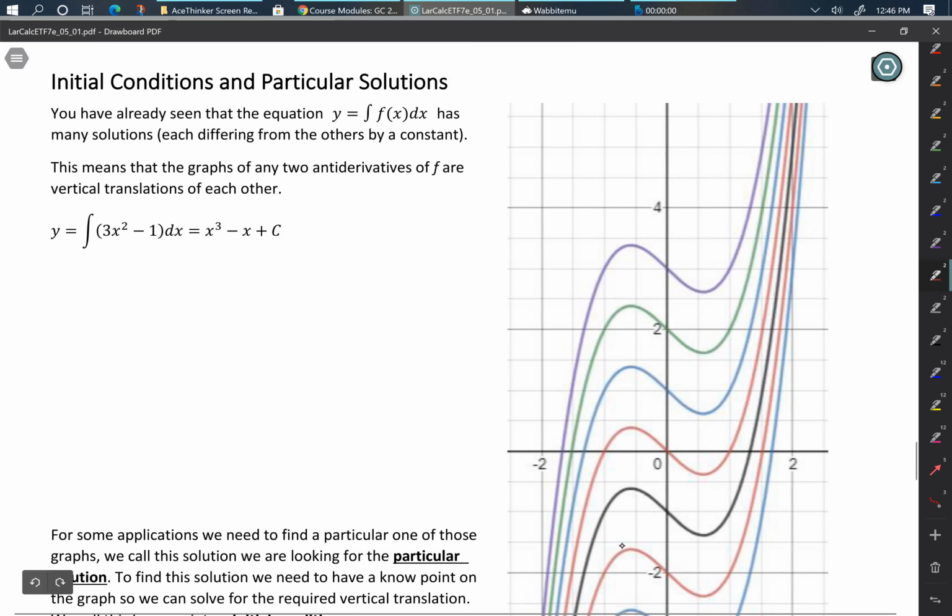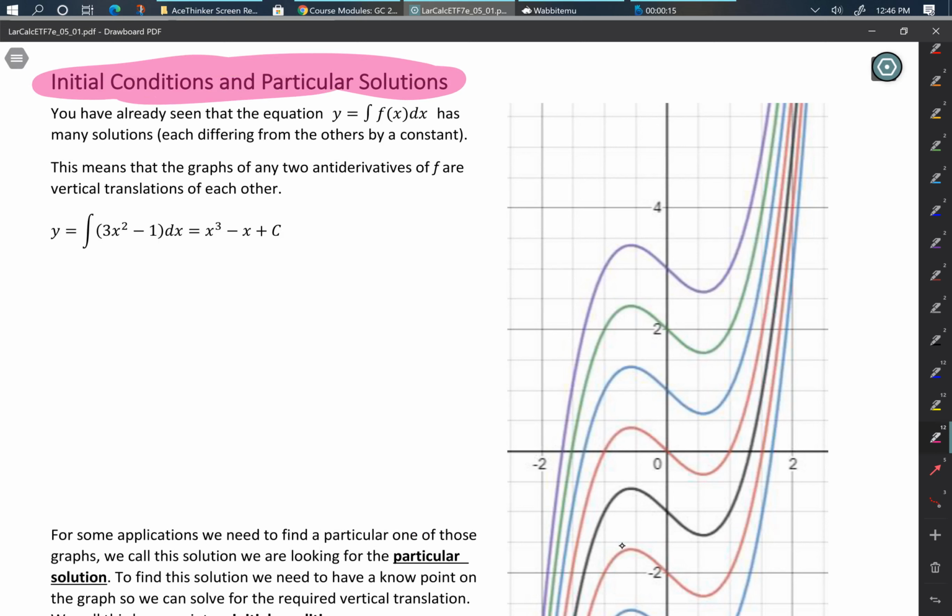All right, so here we go with part 4 of section 5.1. In this section, we're going to take a look at the concept of initial conditions and particular solutions. All right, so we've already taken a look at the idea of a function y being an indefinite integral of an